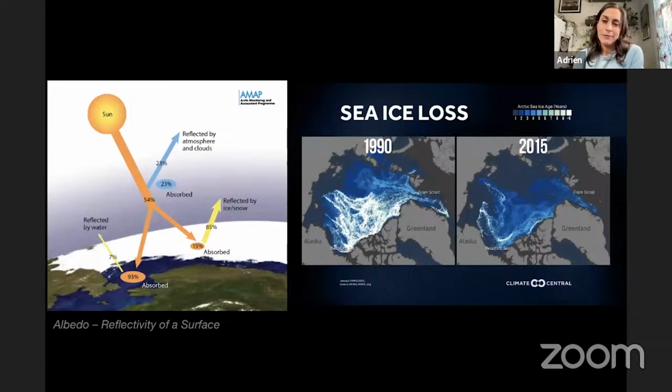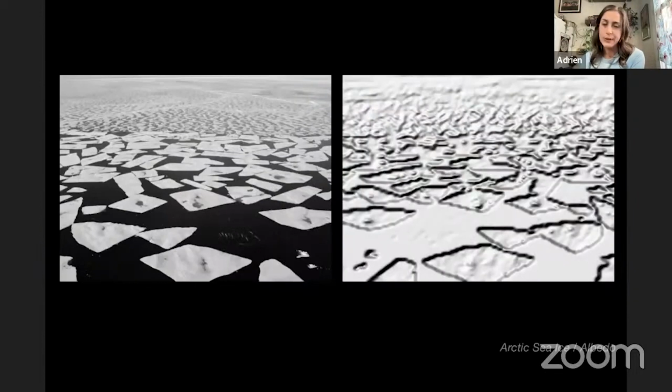I did a few residencies in Alaska and started working with glacier and sea ice data, and particularly this idea of albedo, which is the reflectivity of a surface. And it's a really important factor in studying feedback loops in ocean warming and the loss of sea ice that's happening in the Arctic. So after the residency in Alaska, I was able to do a residency at a glass